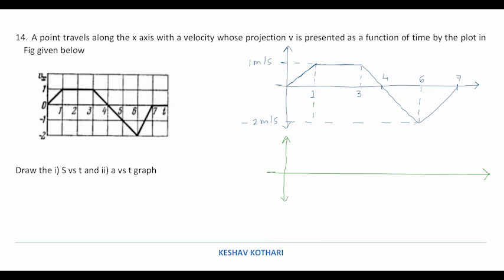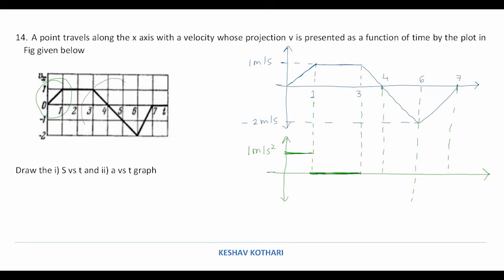So if we first of all plot the acceleration time graph, till 1 second, we are making the necessary points over here in the graph to get a better understanding. So if we calculate the slope of the graph, we are getting 1 by 1. So over here in this portion, the slope of the graph is 1 by 1, or we can say that the acceleration is constant at 1 meter per second square. And now the velocity is constant, so the acceleration becomes 0 from 1 second to 3 seconds.